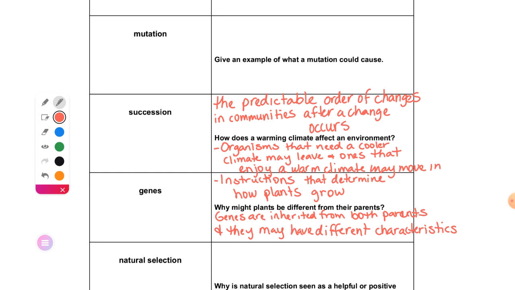So if your mom has blonde hair and your dad has blonde hair, you will probably have blonde hair, but why may you have brown hair? Why may you have brown hair even though your mom has blonde hair and your dad has blonde hair? Gabe? Because mom plus blonde equals brown.